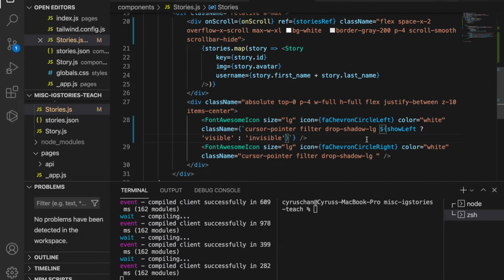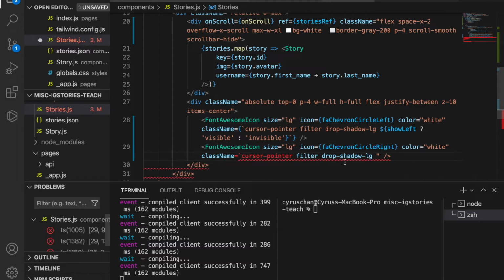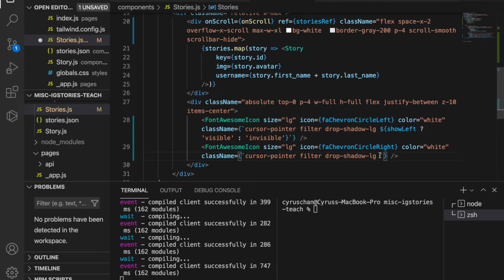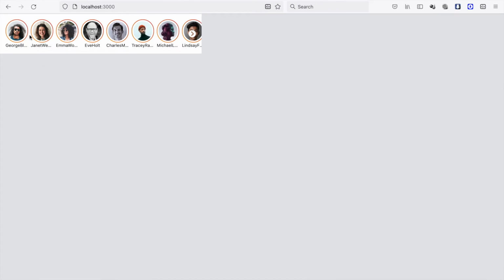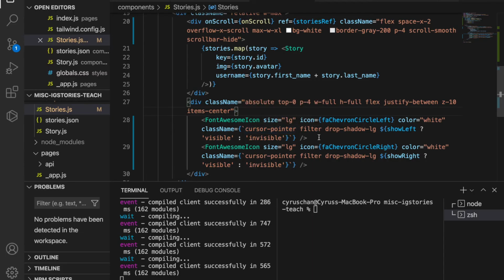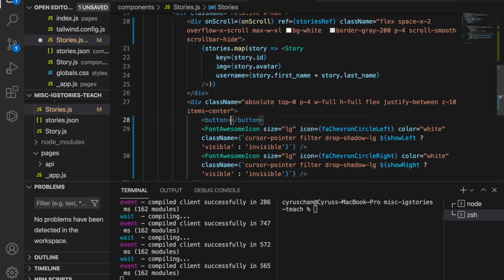So we do the same at this part. We use the template literal here, and then we copy this and paste it here. But this time we use showRight. Now we can see the button disappears, but the scroll right button is still on the right side. And now what we have to do is use a button to wrap the icon,